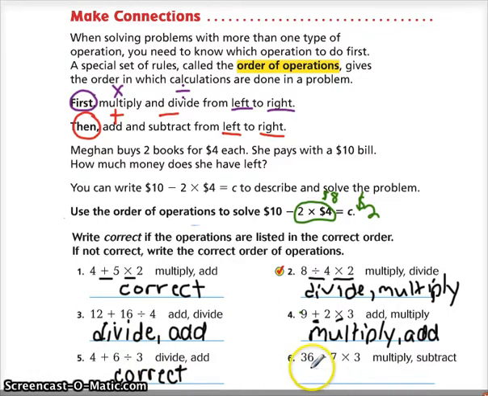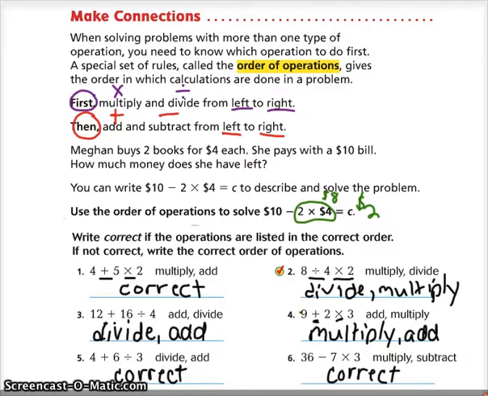Last one, 36 minus 7 times 3. Multiply, subtract. I agree. First we multiply, then we subtract. 7 times 3 is 21. 36 minus 21 is 15. And that order of operations is correct. Okay? So now let's take a look